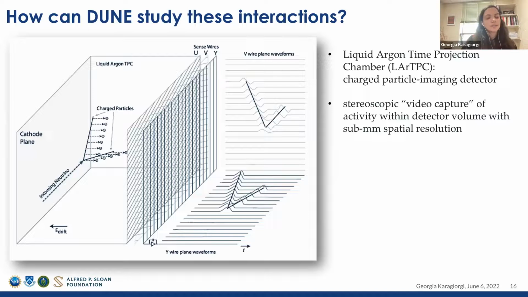So the DUNE far detector, these 4 modules themselves, are subdivided into individual cells. Each one represented here is about the size of a very tall room, a 6 meter high room, and it's filled with liquid argon. And across this completely homogeneous large volume of liquid argon, what we do is we apply a very large and uniform electric field. And we instrument one side of this volume with sensor arrays, which are sensitive to ionization charge.